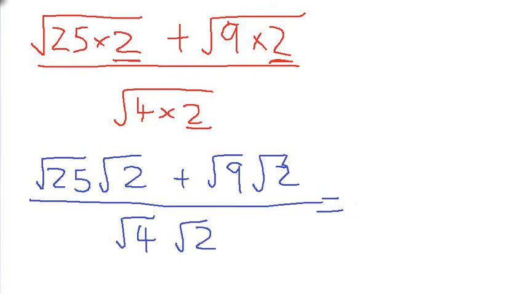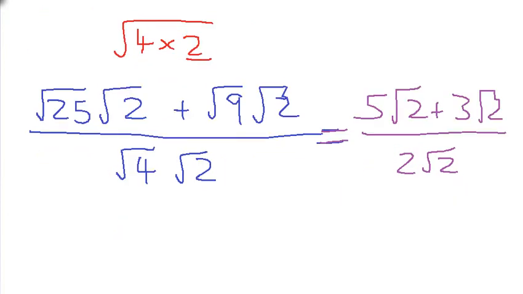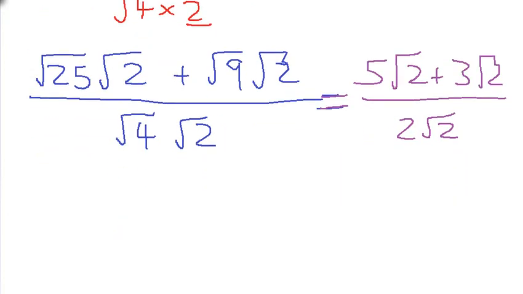So root 25 is 5, so 5 root 2 plus 3 root 2 over 2 root 2. Right, so we've got it down to as simple as we can get it, nearly. Let's try and go one more. We've got 5 of something plus 3 of something. Let's add them together: 8 root 2